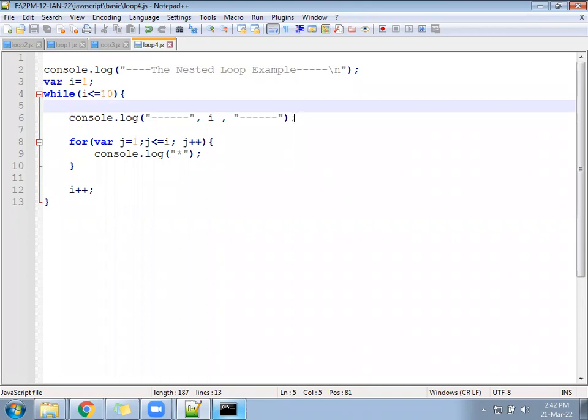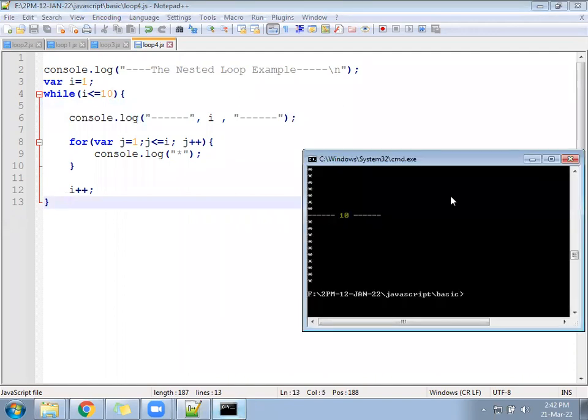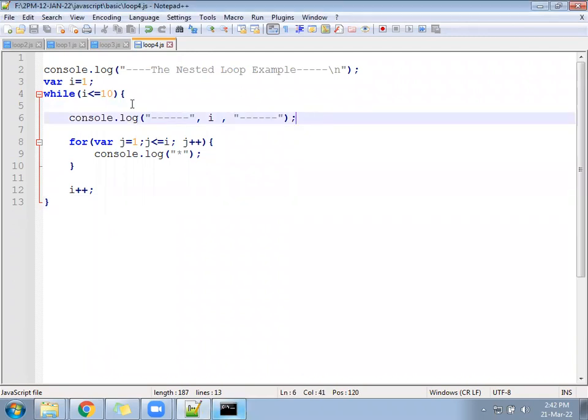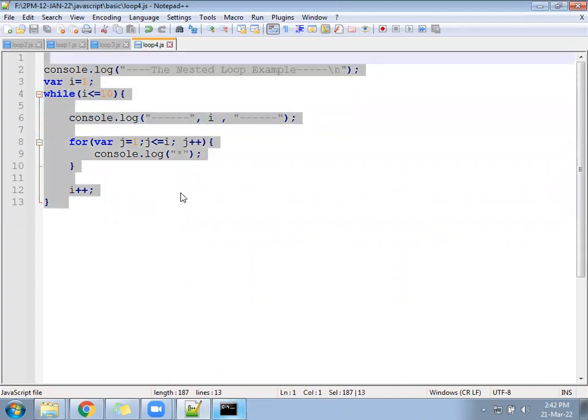Come next. Now a little modification I will do. So this output is coming something like this, 1 to 10 only, but it's not printing exactly what we want. Till whichever code we have written, accordingly it's printing, but the expectation will be different. Copy all, paste into the next file,